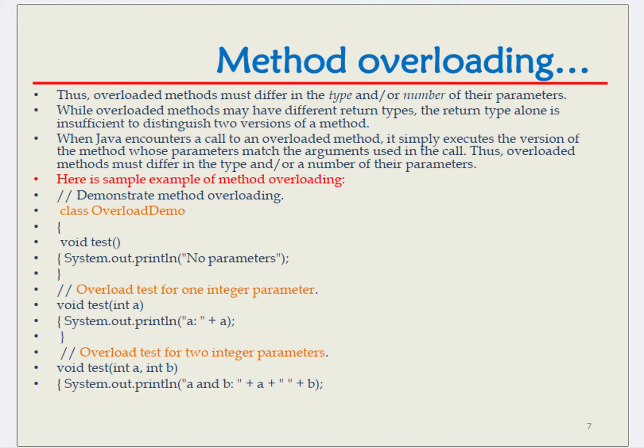Here is a sample example of method overloading. // Demonstrate method overloading. class OverloadDemo { void test() { System.out.println("No parameters"); } // Overload test for one integer parameter. void test(int a) { System.out.println("a: " + a); } // Overload test for two integer parameters. void test(int a, int b) { System.out.println("a and b: " + a + " " + b); }